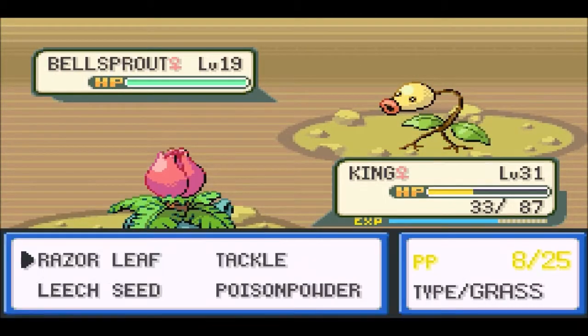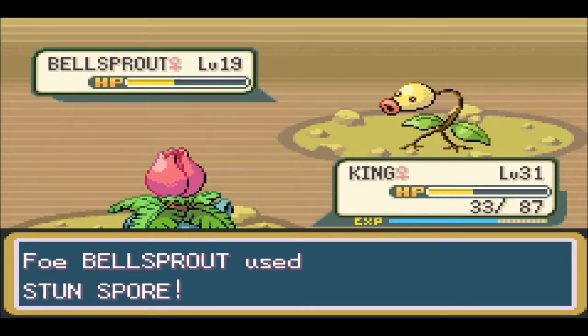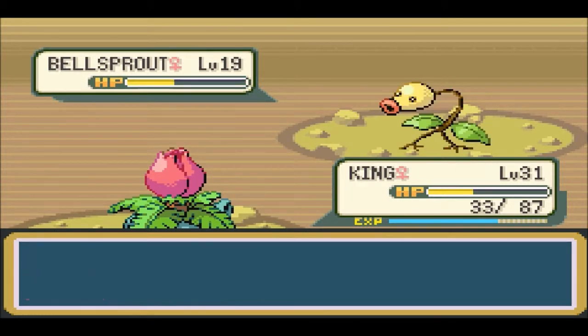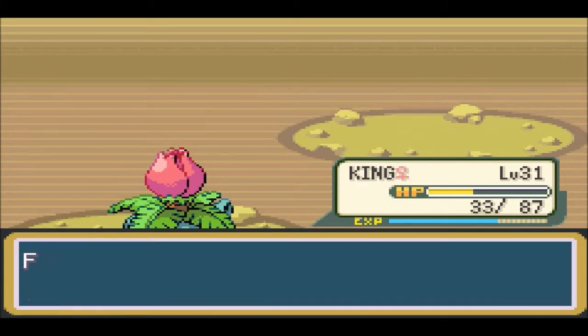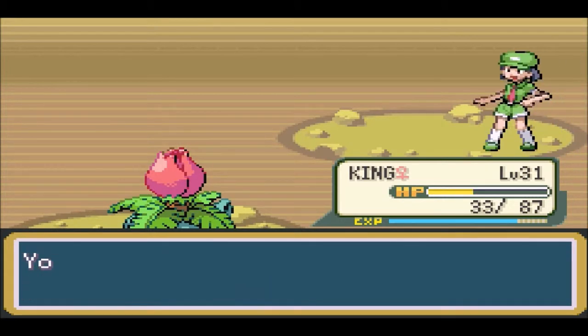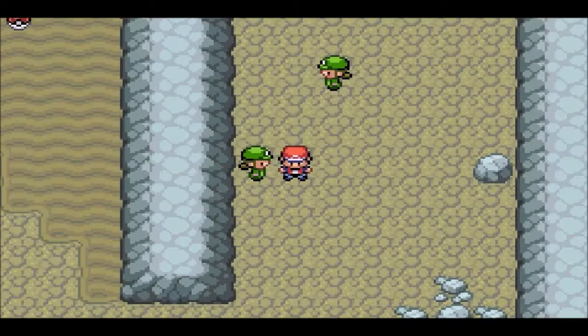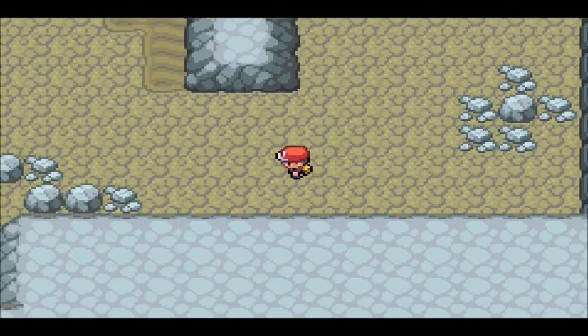But, oh well, I guess that's rather interesting, and I guess I'll just defeat this Bellsprout real quick. Of course, they're not going to be criticals when I need them. If I did, I would have one-shot that Bellsprout, but it's gone the other way, and luckily his Stun Spore missed. That's always good. You play hard. Yes, I do. I don't hold back. I'm not the kind of Pokemon trainer to just hold back and...